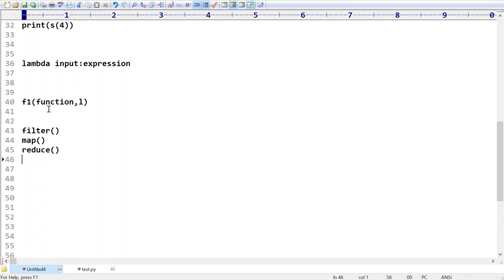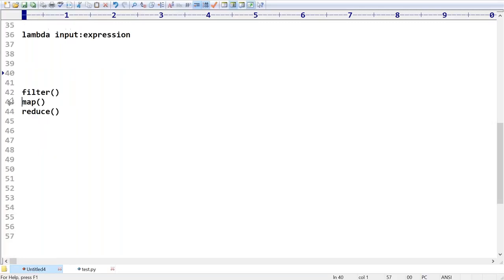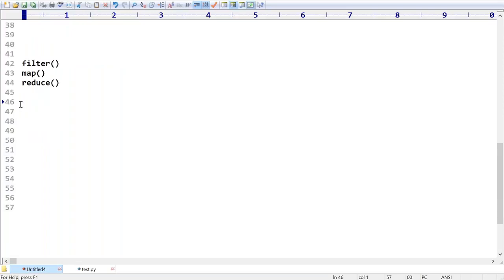Next, the second point we are talking about is how you can pass a function as an argument to another function. This is my requirement, right? So to explain this concept, let me take three examples: filter example, map example, reduce example. All three methods are very important for the interview room sake also. That's why you should be aware. The first one I'm taking is filter.